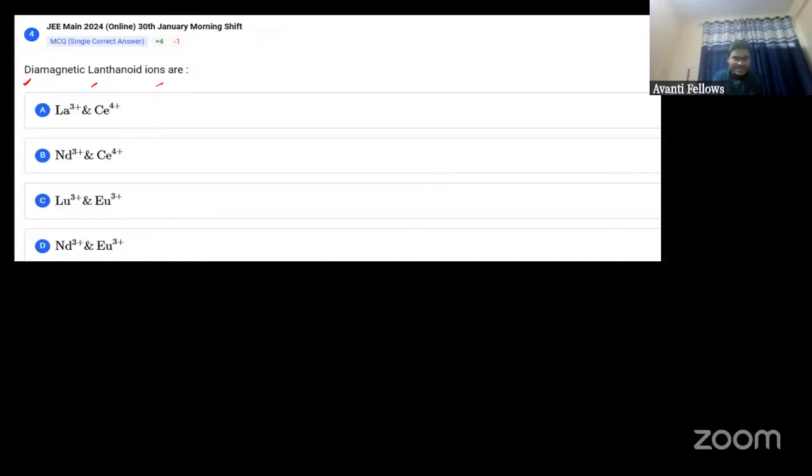और देखो, diamagnetic lanthanoid ions are... So diamagnetic lanthanoid ions are La3+ and Ce4+. आपको आइडेंटिफाई करना है कि इसमें से कौन सा डायामैग्नेटिक लेंथेनाइड्स होते हैं। सी बोल रहे हैं बच्चे, ओके, लेट मी चेक। नो बेटा, इट्स नॉट सी, because La3+ and Ce4+ are diamagnetic, यू नीड टू सेलेक्ट ना।